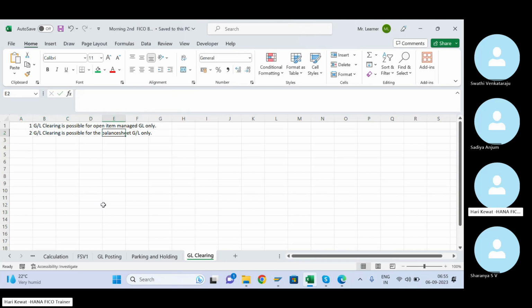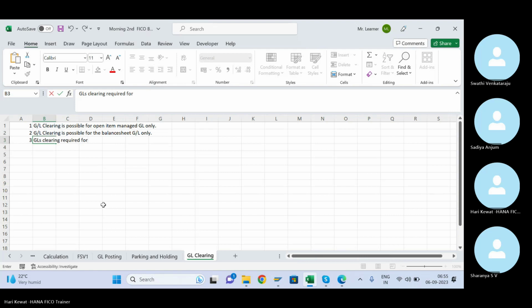Why is GL clearing required? In SAP, this is an SAP thing. It may not be required in other ERP. In SAP, there is something called clearing GLs.